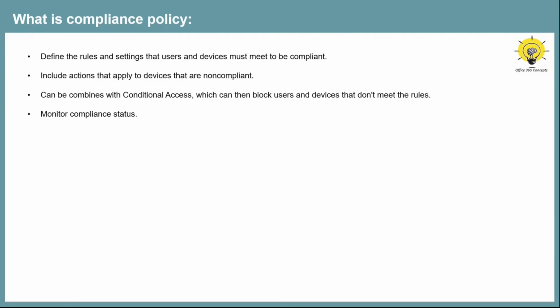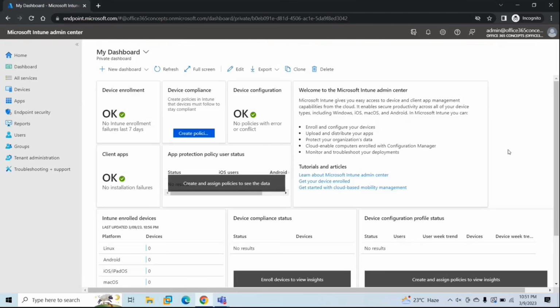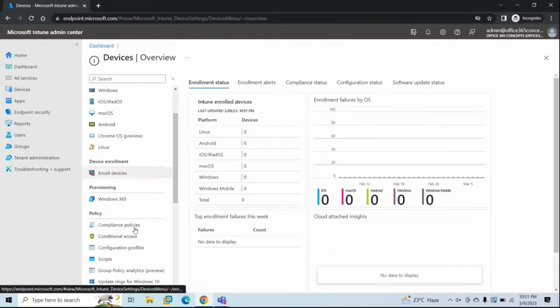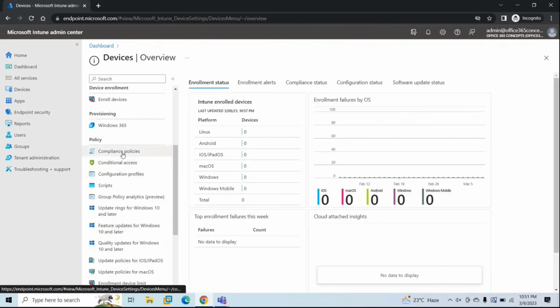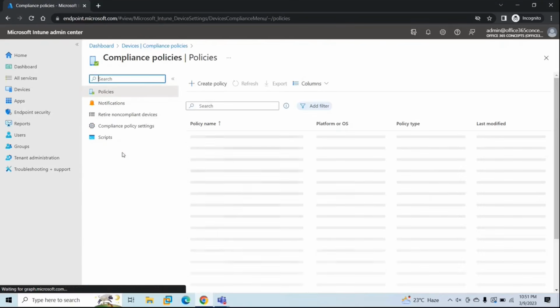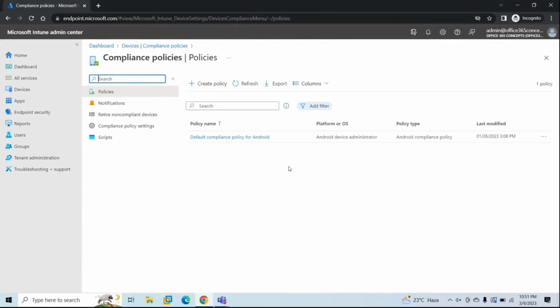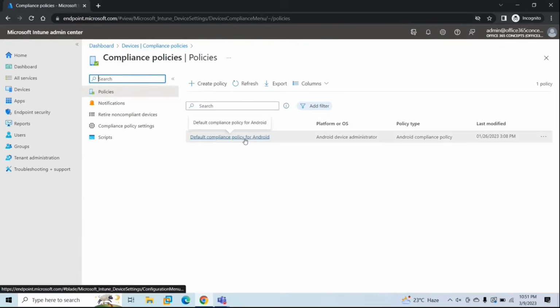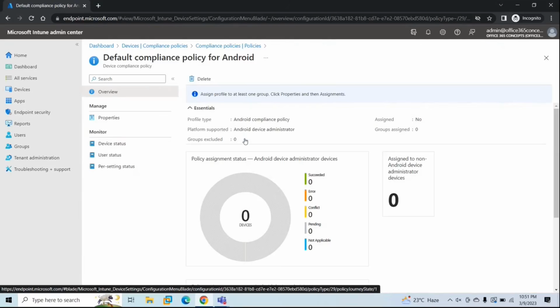So let's move towards our lab and let's create compliance policies. To create a compliance policy, you will go to devices, scroll down, and then click compliance policies. Now from here, you can create a compliance policy. This is a default policy that is already created. If you want to create a new one,